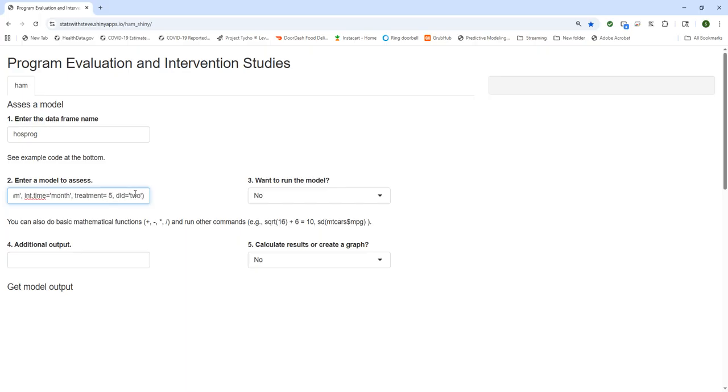So what I pasted is in box number 2 now. I'm going to go over to box number 3. I'm going to switch that to yes. The model has been run. And then I can put in output that represents the model I just ran. I could just type in fit1, which means the first model fit, and they're all going to have that same name. Whatever model I come up with later will always be referred to as fit1. And then I can just click yes,